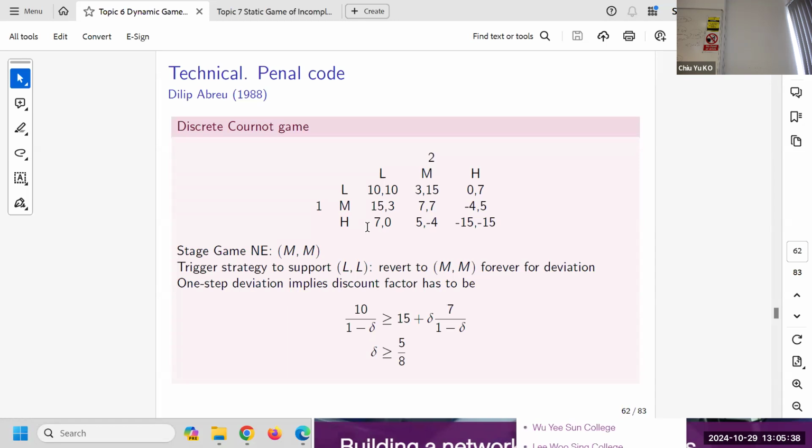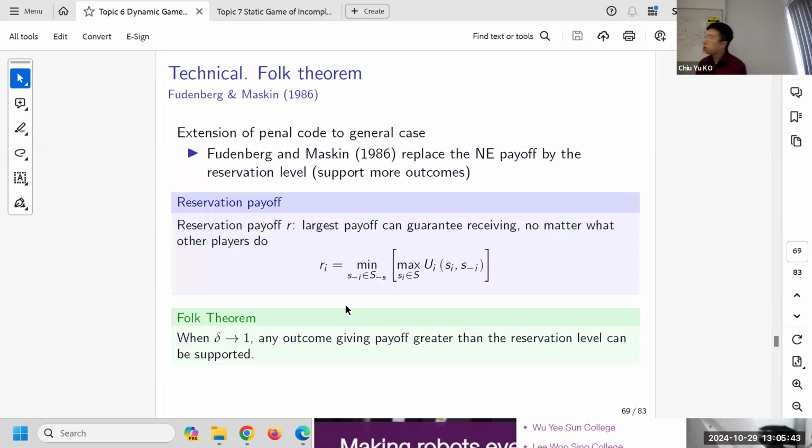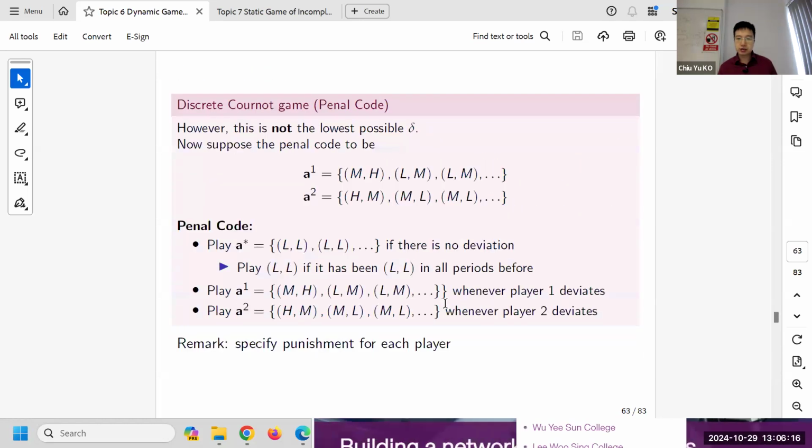Okay. And actually, this idea can be generalized to a very famous result. The craziest one is this. It is the result we call the min max utility. What it says is what you can guarantee no matter what other people do. Look at what's the min max level: the minimum you can ensure no matter what other people do.